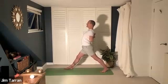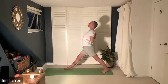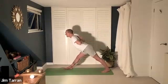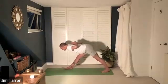Light tone of the tummy, spread in the chest, lifting up from the pubis, soft in the eyes, expressive in the breath. Inhale from the inner back groin up, gently. Exhale, hinge from the hip joints and feel like the back leg almost feels like it